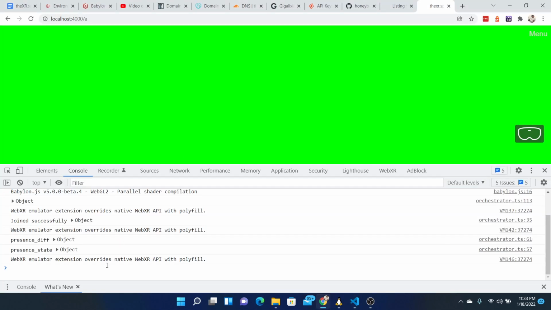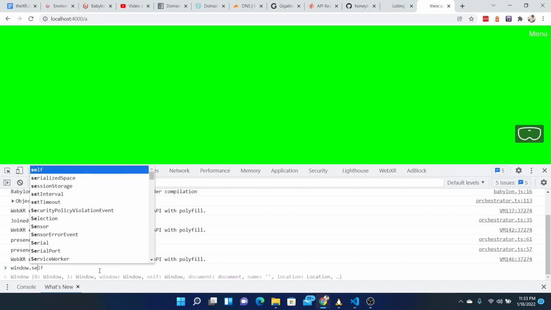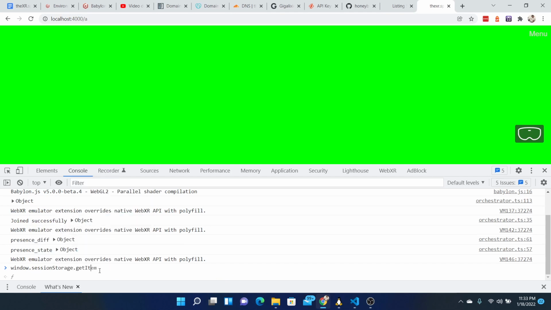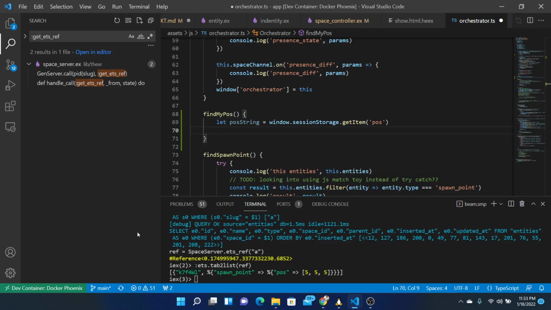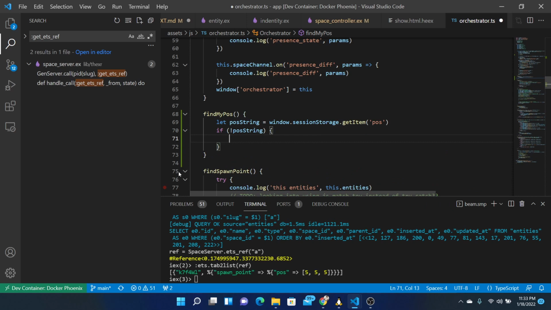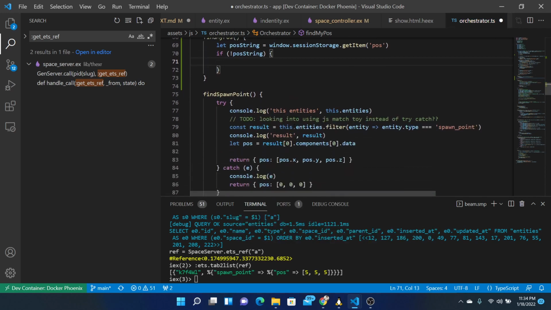And what happens if you try to look for something that isn't there? So if we said window.sessionStorage get item position, it gives you back null. So if not position string undefined, then we want to store window. Okay, what is